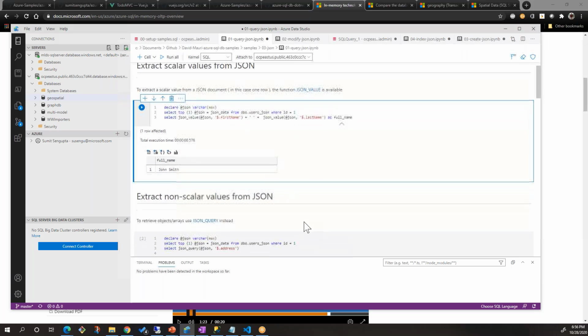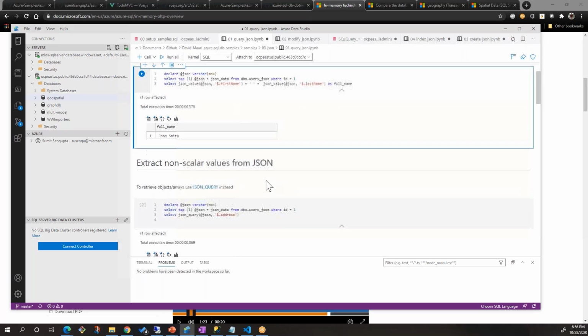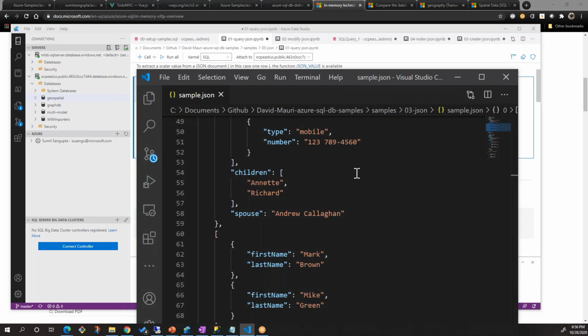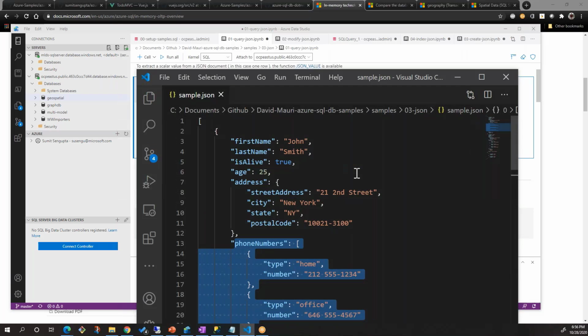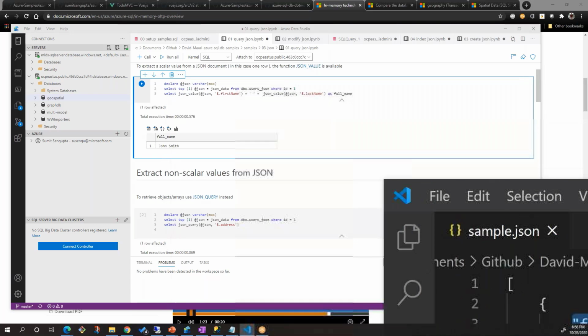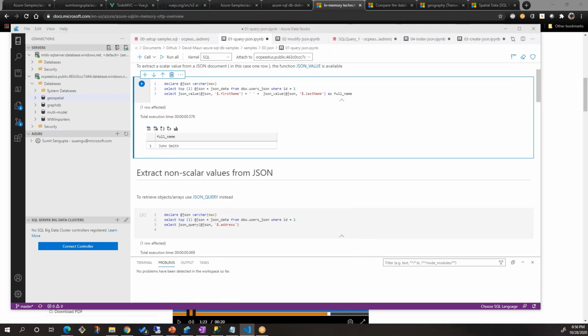So the next example, we're just getting the name, nothing else. If you notice what we did, we used JSON_VALUE as a function and took the first name. The whole thing, I'm just parsing. If I can show my Visual Studio again. From the whole data set, I'm just parsing this field, first name John, and that's all I want to display. So basically, it's as if I'm displaying just one column from a regular table, right?